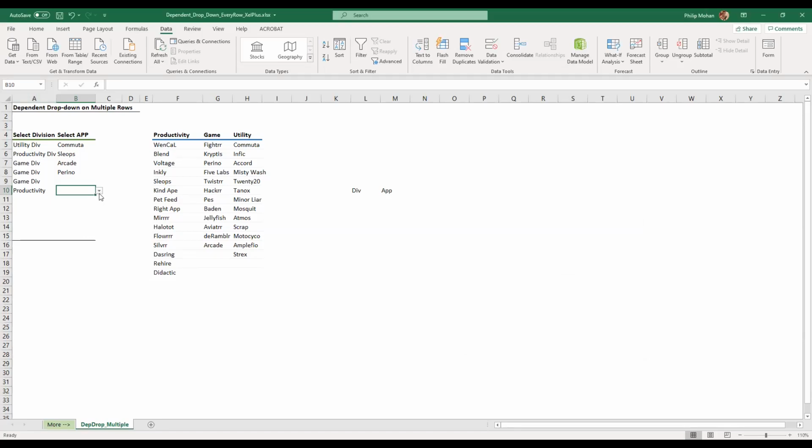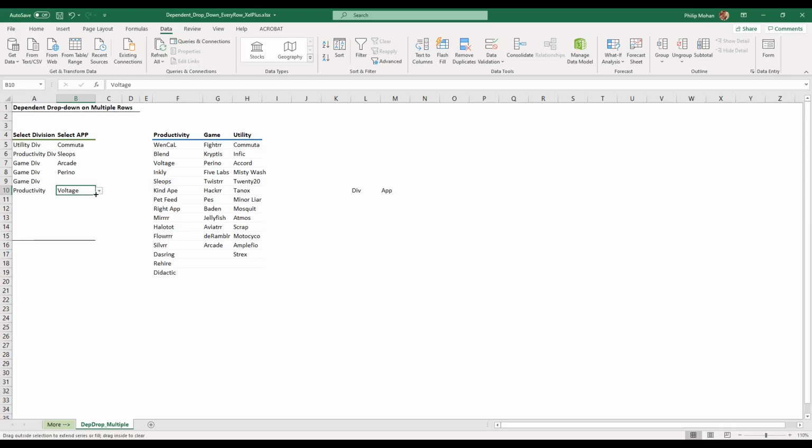Now let's just try. There we go. Not bad. Productivity, it gives me the options. Now I'm going to copy this formula down. Mind you, this formula is not the earlier formula. That was something else. You remember, it had offset and stuff like that. We can look at offset later.